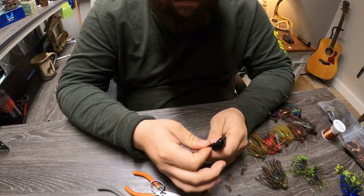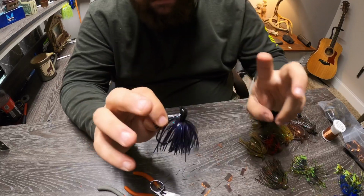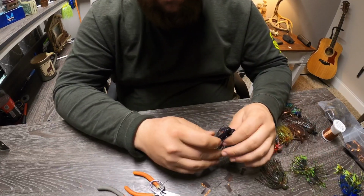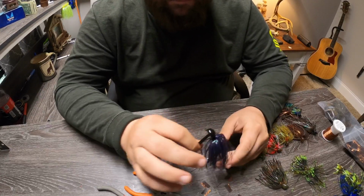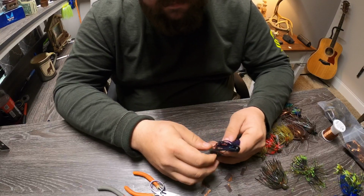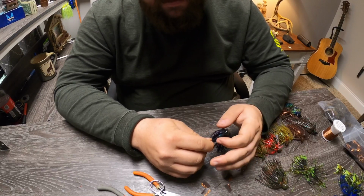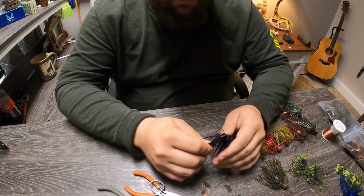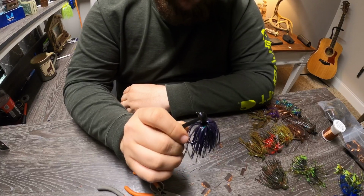this is basically my new black and blue jig. You know, the jig that, quote unquote, everywhere, the only color jig you need, according to Gerald Swindle and Hank Parker and some others. But G-Man's a good fisherman, and he knows what he's doing. He's about full of crap, but I enjoy watching him, and I enjoy watching his YouTube and whatnot. But he talks a lot about a black and blue. But this